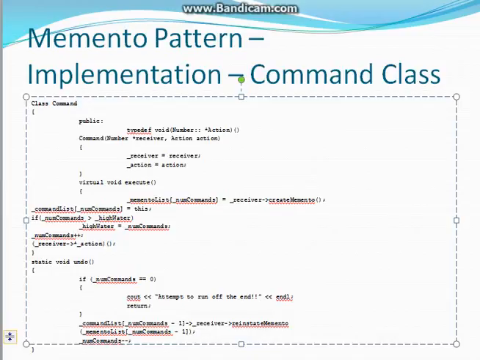Otherwise, we continue as normal. So the command list at numCommands minus 1, that's the previous command, is the Number class